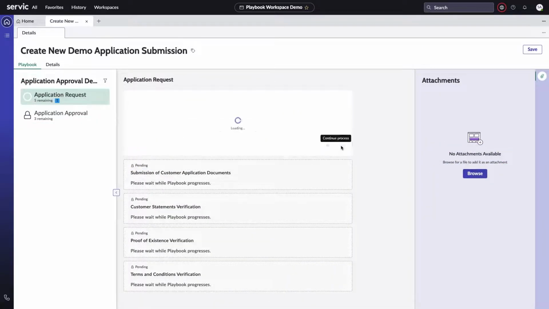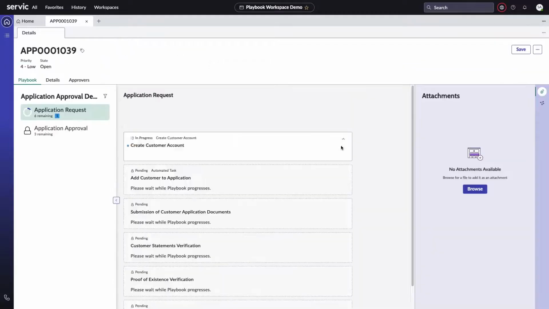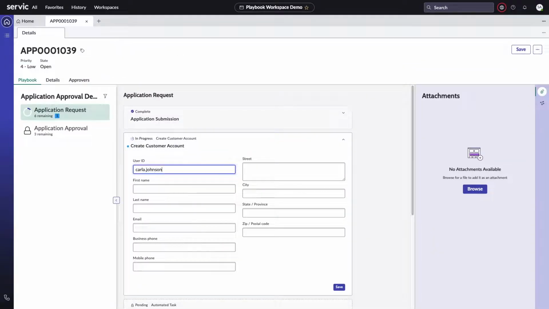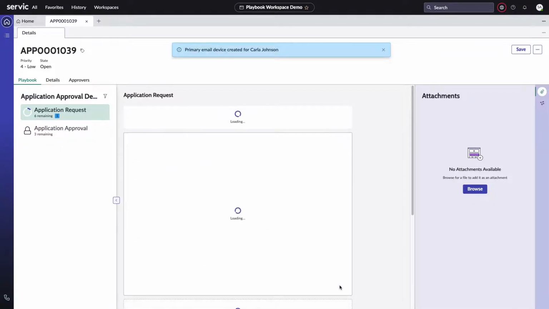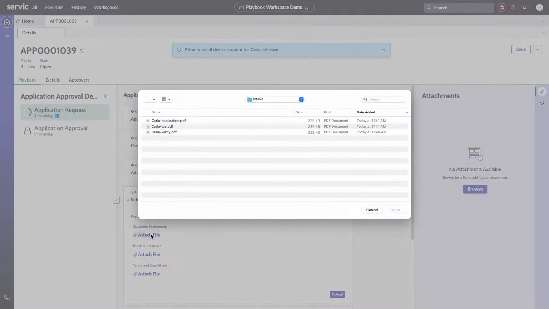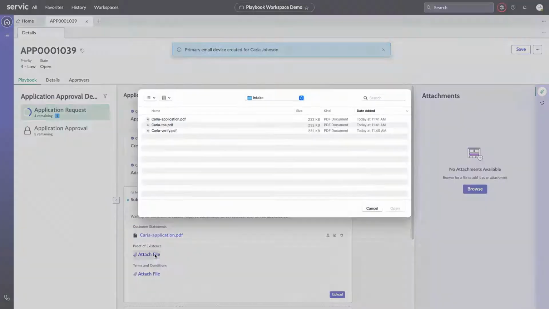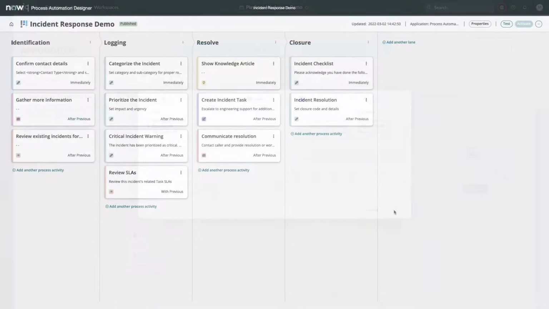Playbooks are one of the most valuable mechanisms businesses can use to expedite the way their agents handle recurring activities, such as incident management, customer onboarding, or technical support. Playbooks provide organizations the ability to craft process definitions that are perfectly aligned to their specific functions. These playbooks are crafted using Process Automation Designer, a flexible, low-code tool that allows for the definition of process entailing